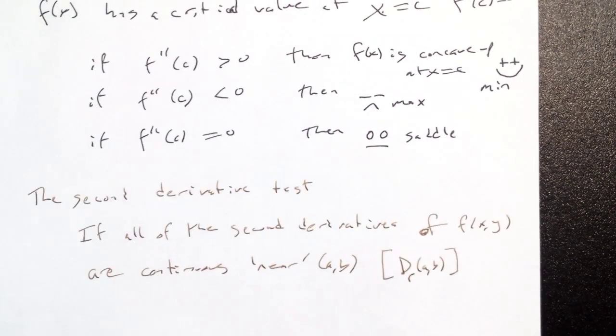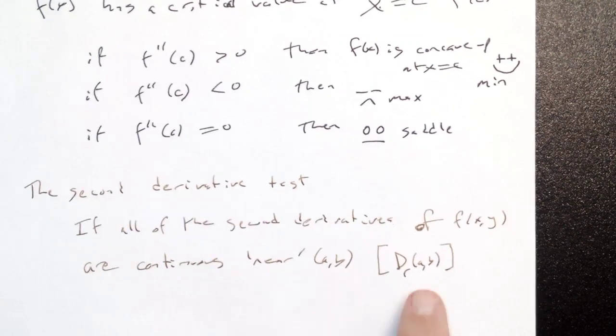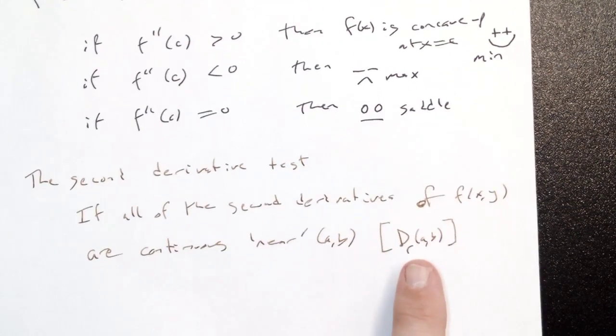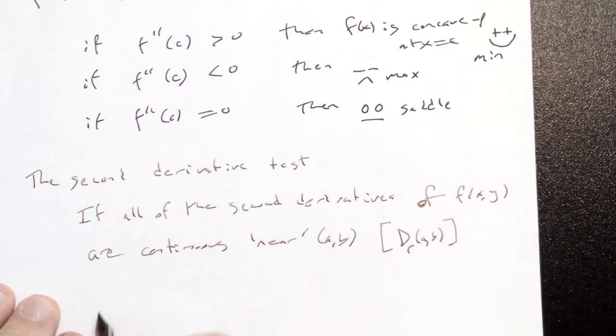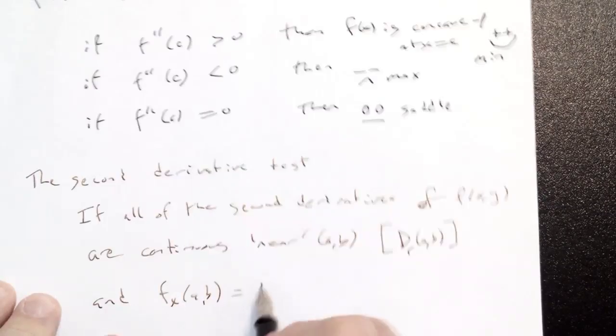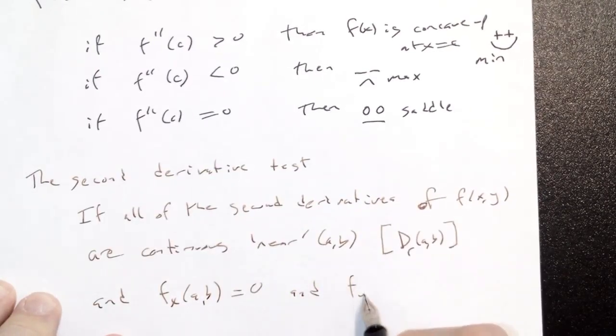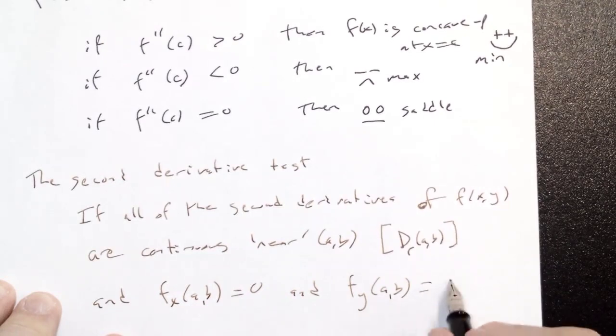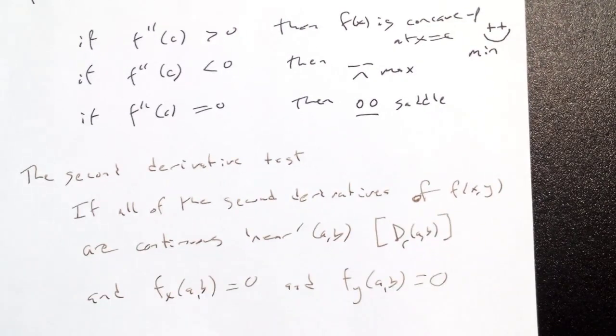I know that kind of looks like it should be a partial derivative or a directional derivative, but you'll notice that's not a vector. R is an actual number. So that's the disk of radius R centered at AB. So when I say near AB, I mean on some disk. If all the second derivatives are continuous near AB and its critical point,